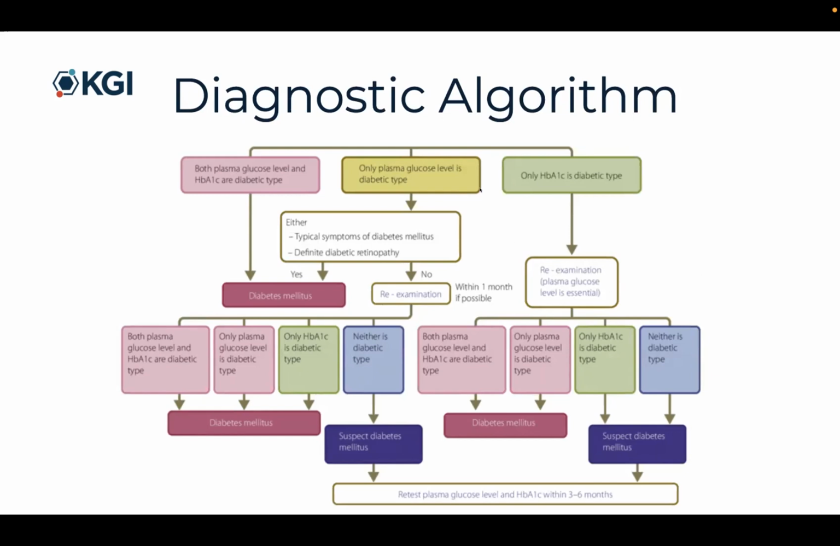So you can look at this decision tree and it says things like, what is the plasma glucose level? What is the HbA1c level? And then if we say, okay, only the HbA1c is of a diabetic type, but the plasma glucose is fine, then our algorithm in our brain or our clinical decision matrix might tell us to re-examine. And then if it turns out that both plasma glucose level and HbA1c are diabetic, we know that they have